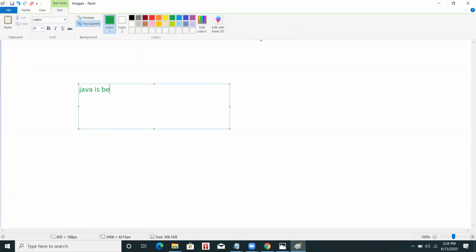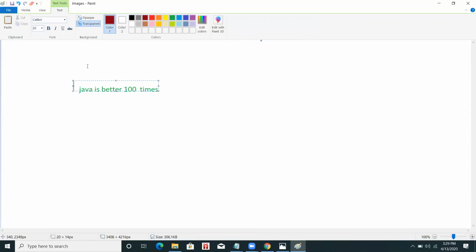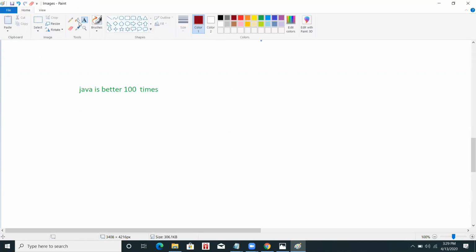I can simply write this code 100 times, just typing and typing and typing. But this is not a solution. If I do this type of work, it will consume more and more time.